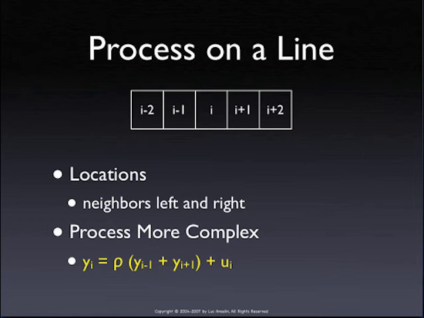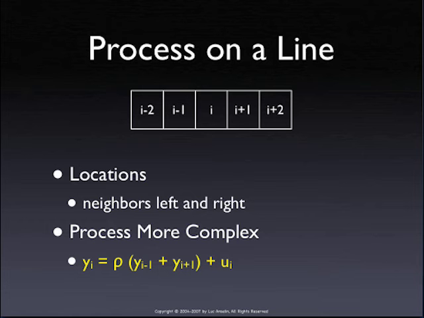Now, why is this important? It's important because if you move over one, then the previous neighbor, you, becomes the neighbor of your neighbor, which is not the case in a time series. In a time series, we just keep moving in one direction. It doesn't bounce back. In space, you are your neighbor's neighbor. So if I plus 1 and I minus 1 are the neighbors of I, then I and I plus 2 are the neighbors of I plus 1. And it comes back in there. And this simultaneity